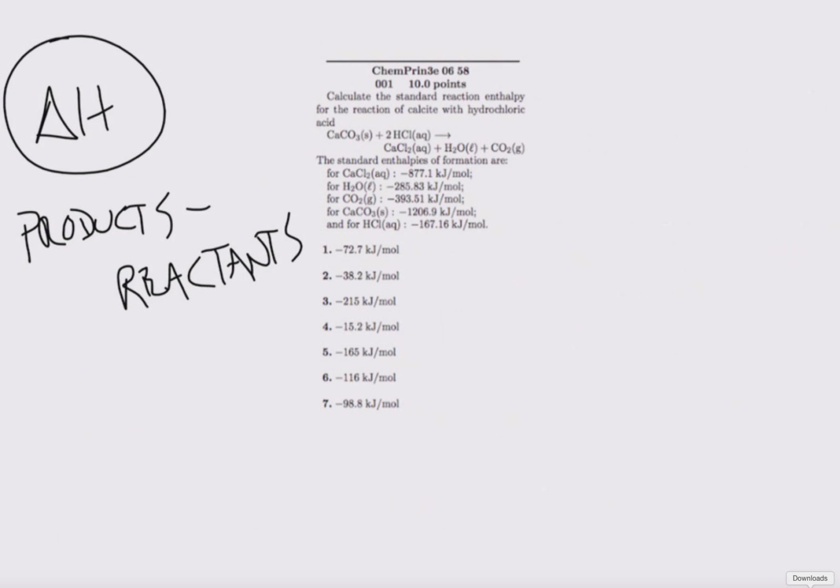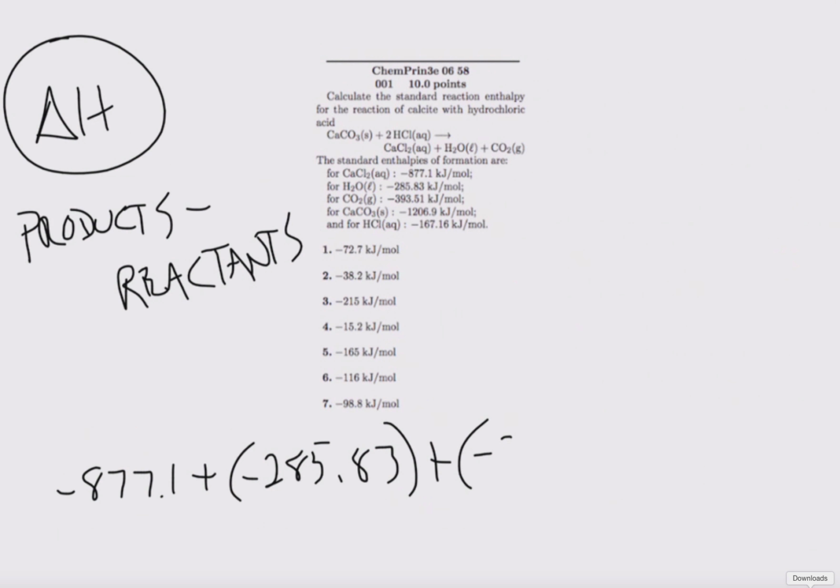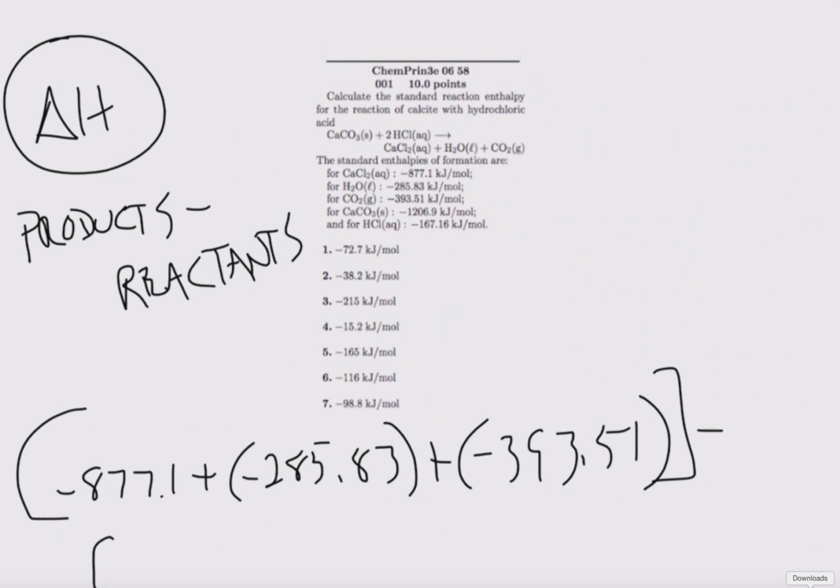So if we add all the products together, we find that we have negative 877.1 plus negative 285.83 plus negative 393.51. Okay, that's all of the products, which is the calcium chloride, the water, and the carbon dioxide. And then we're going to take all of that, add it together, and we're going to subtract the sum of the reactants, which is negative